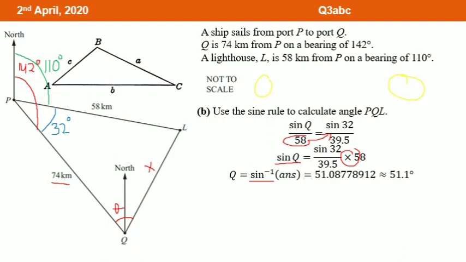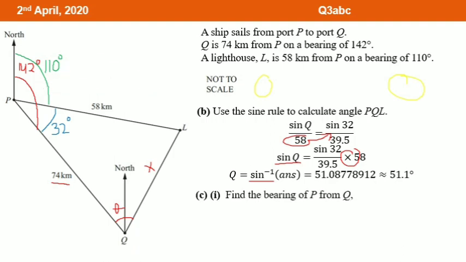Now for question C. C1, find the bearing of P from Q. From where? From Q. So this is the north line from Q. I have to connect it until P. Okay. So we need to find the angle, how many? Now as you can see, there are 2 north lines here. There are 2 north lines. In between the 2 north lines, the angle has to be equal to how many?